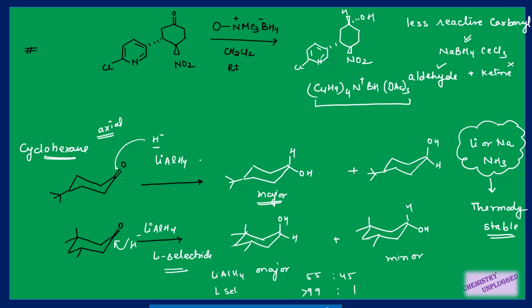We have discussed this point previously also. I will tell you this in brief here. Suppose I have cyclohexanone, right? So the bond will break like this. When the bond breaks, you will get one radical here and O minus here. We have discussed in the previous chapter that O minus will go in the equatorial direction. This will be a thermodynamically stable product. If O minus goes in the equatorial direction, it means OH will be in the equatorial position exclusively. This will be our major product.